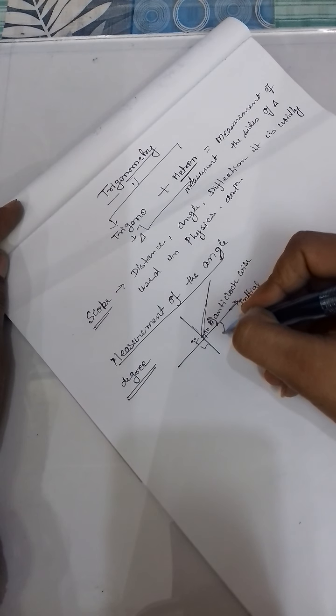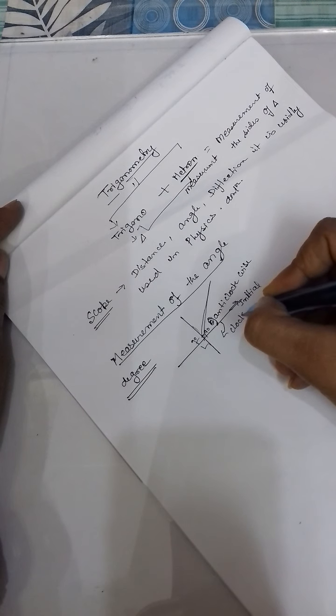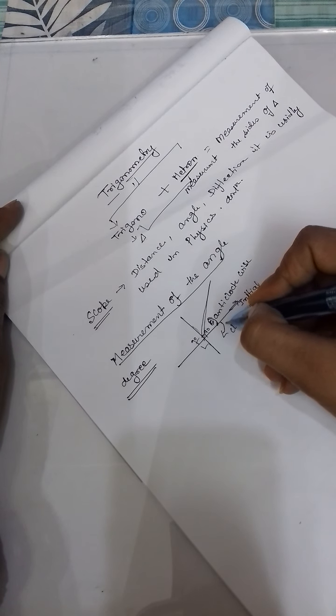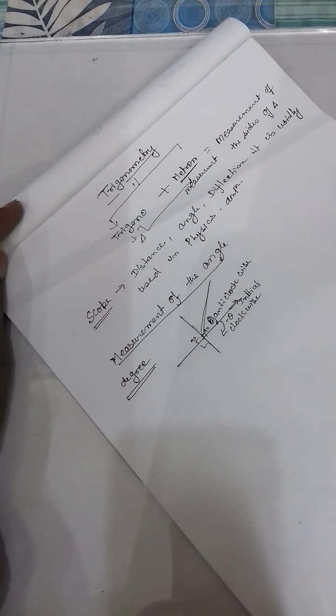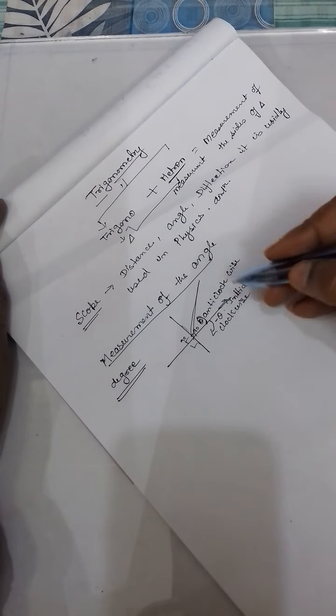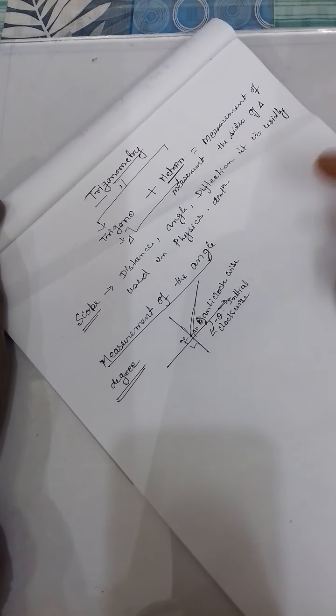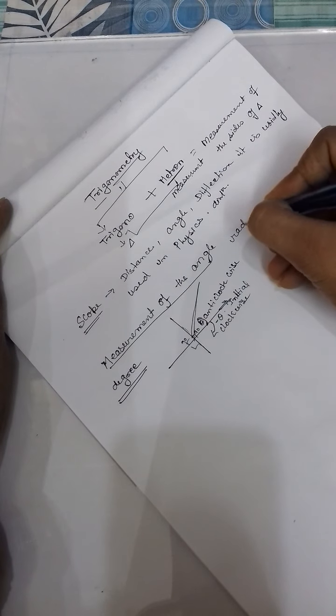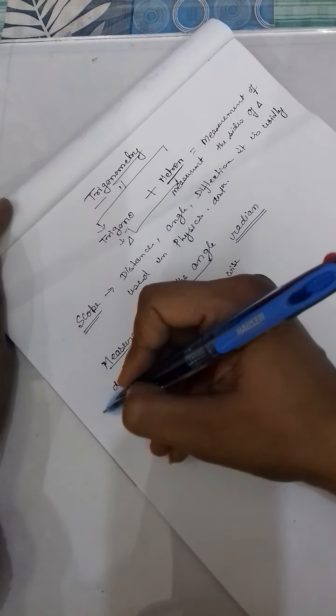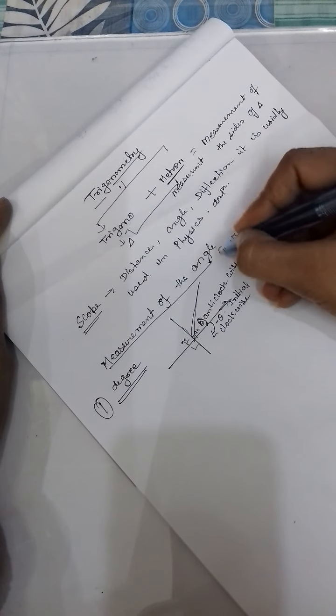When we move in the clockwise direction, it takes the negative of the angle, that is minus theta. Okay students, today we learn one more concept to measure the angle, that is the radian. First is your degree, you are familiar with that. Now the second one is the radian. Radian is also a thing by which we measure the angle.